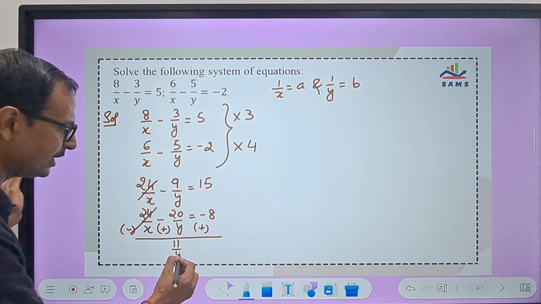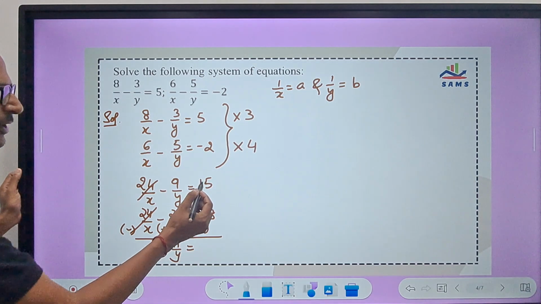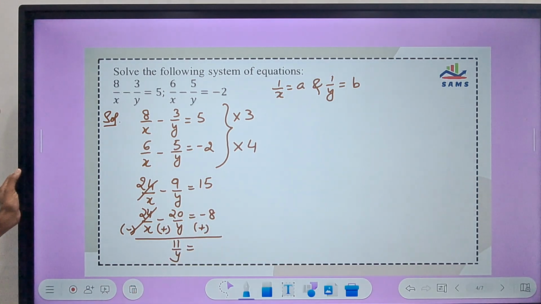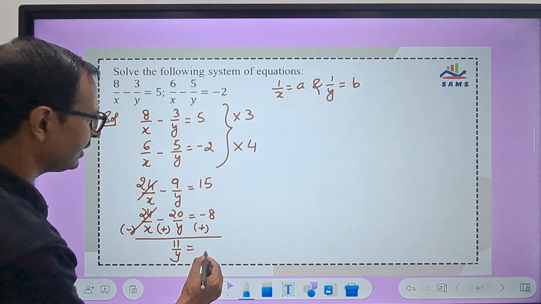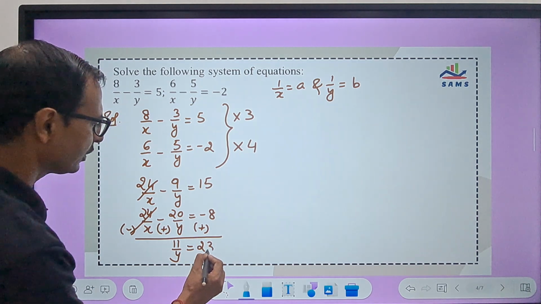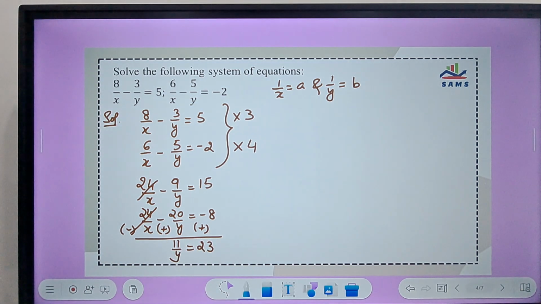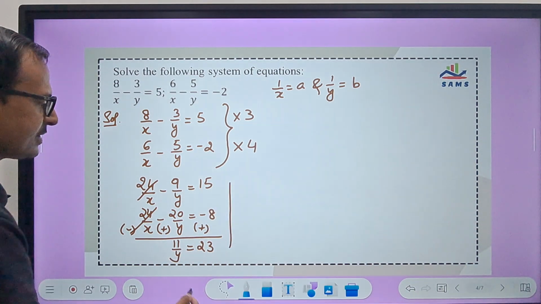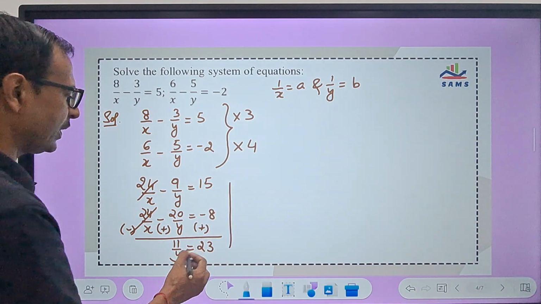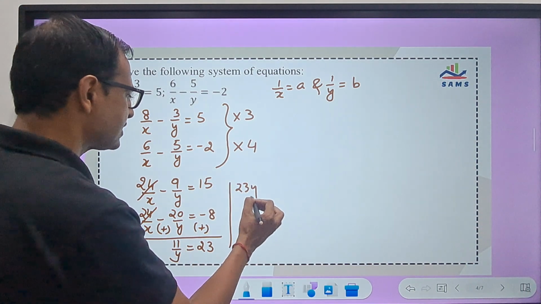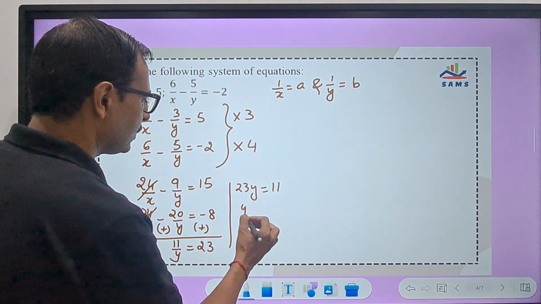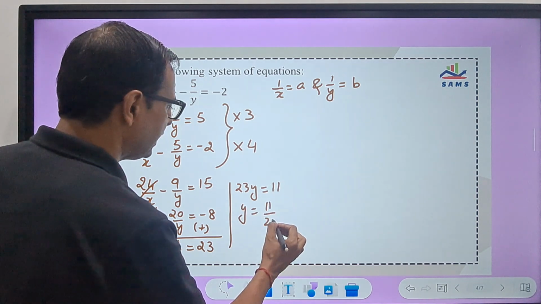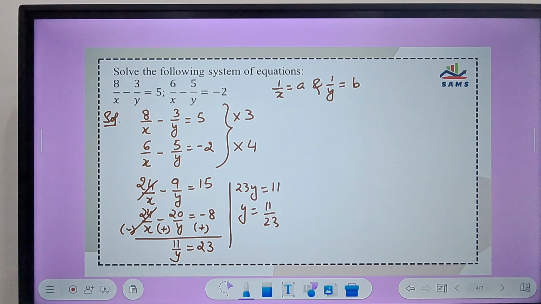So 11 upon y equals 15 plus 8 is 23, and therefore you have the answer for this question. Just by cross multiplying this, you can find the answer. So here you get 23y equals 11 and y equals 11 upon 23, which gives you the value of y